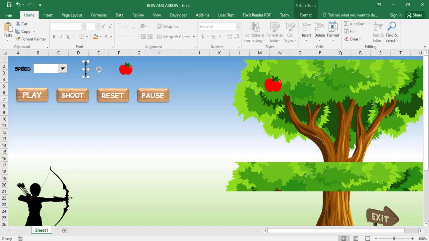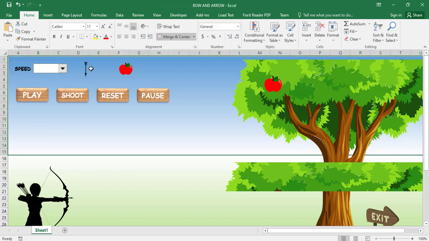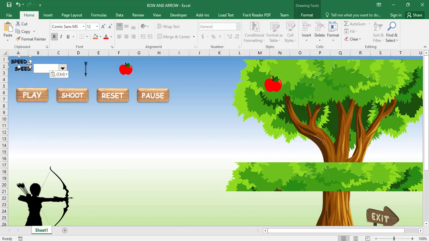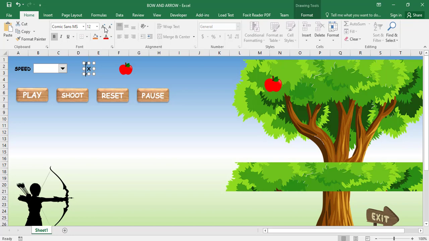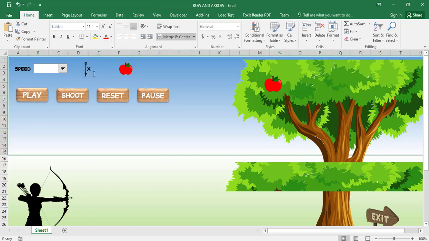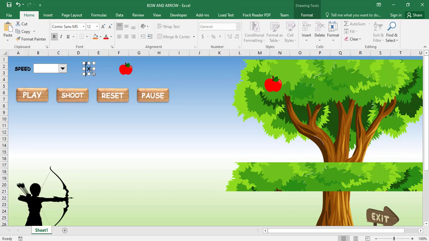Okay, then the next one, we need to create something. So we are going to copy this text box. So let's click on it and then copy the text box. Then come and paste the text box here. So you paste it, then you drag it here. Then you edit it. So let's edit and use X, capital X. Okay. So let's increase the size to something bigger. Okay, 18 is okay. So we copy this one, then paste it, then we move it to